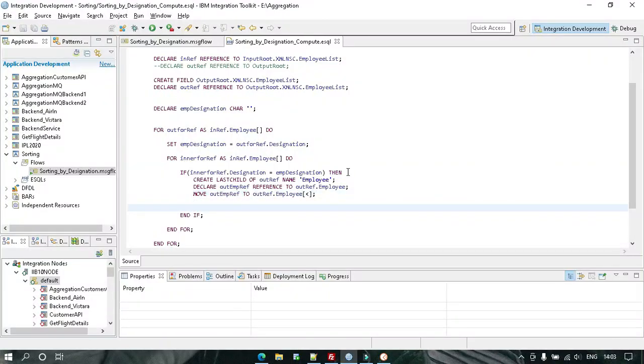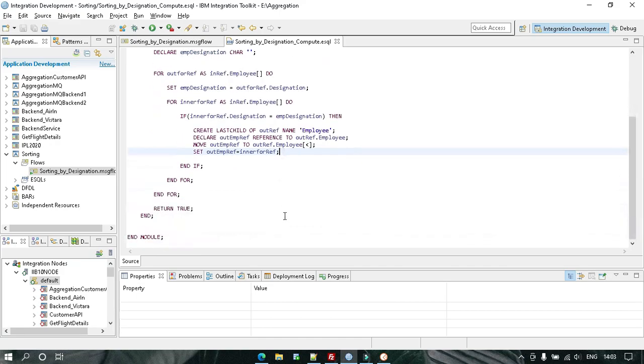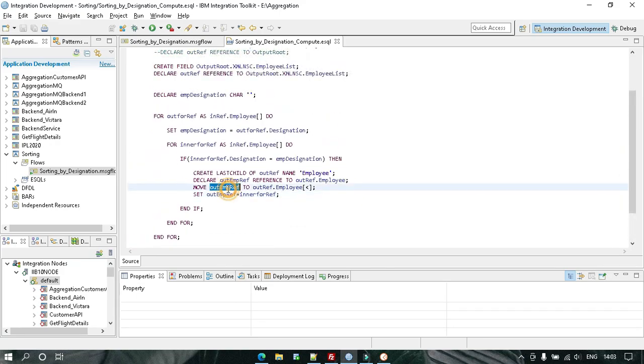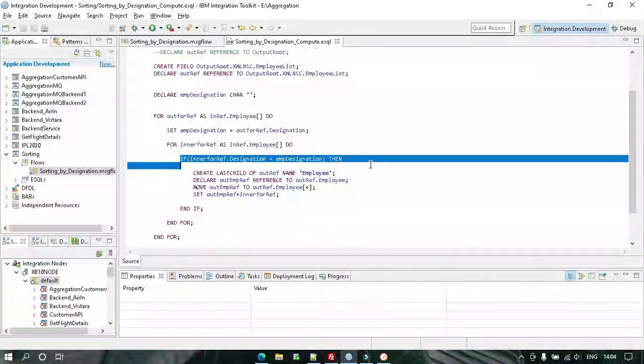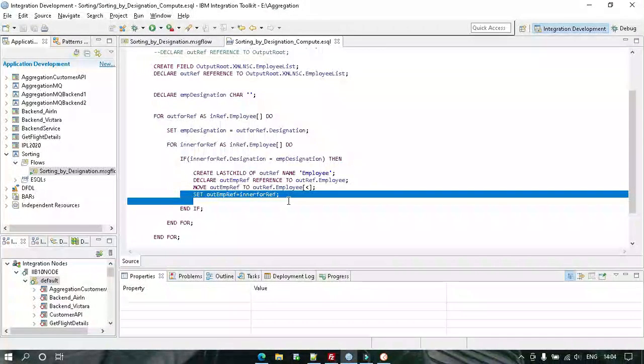Now set this thing. So the output till employee which I have created, if this condition is matching, if designations are matching, then copy the whole tree.